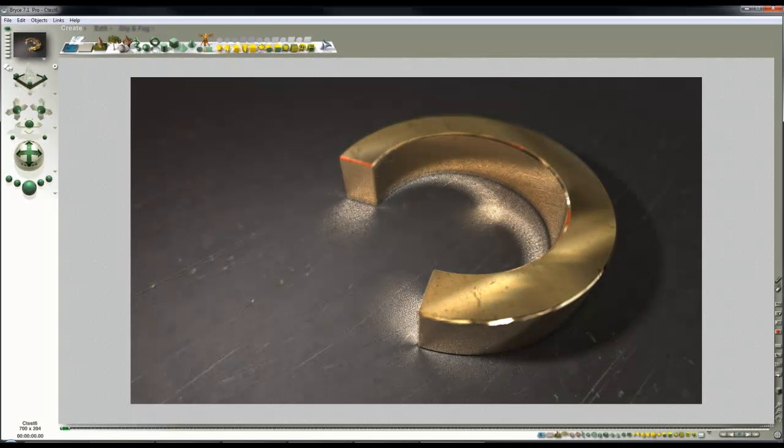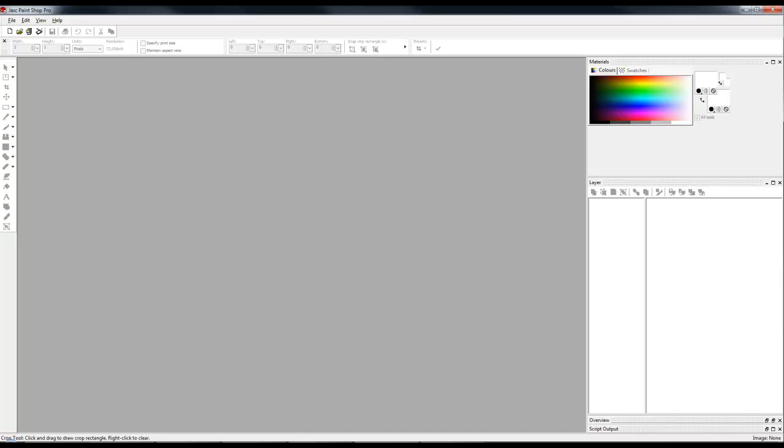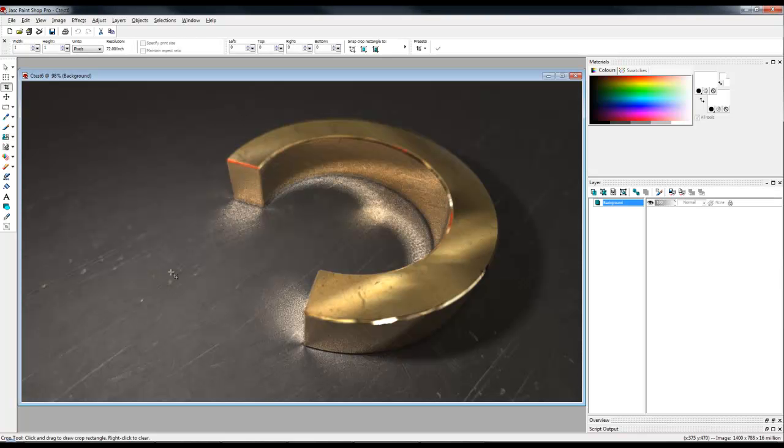So there's the completed render, and now what I'm going to do is look at saving that image, and then I'll load it into PaintShop Pro. I've just missed a few steps out there to speed things along. So before scaling this down to its original size, and then I hope that's going to reduce this noise effect,